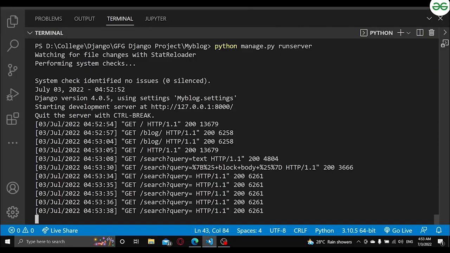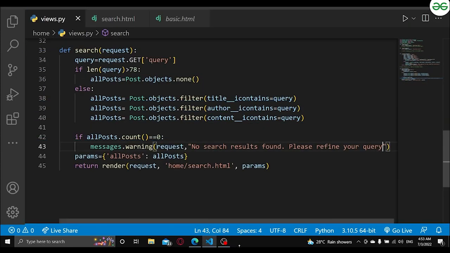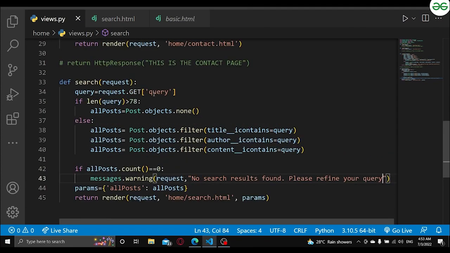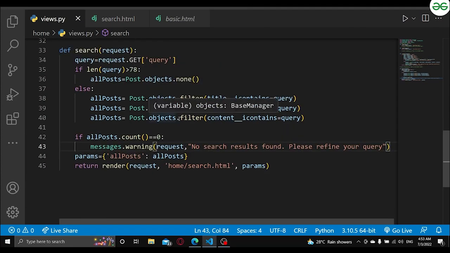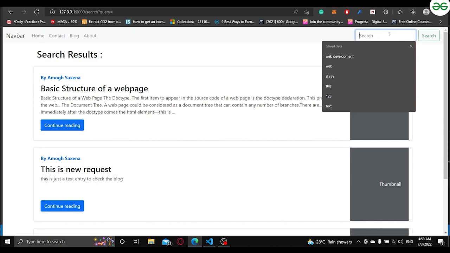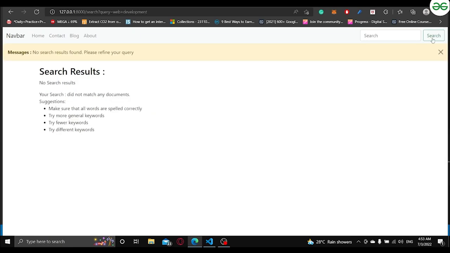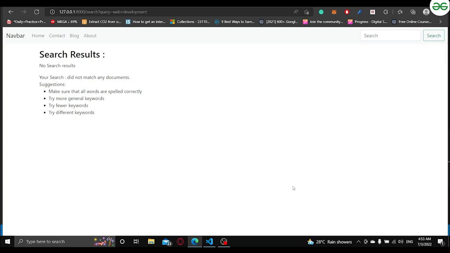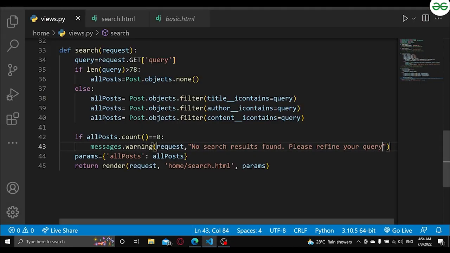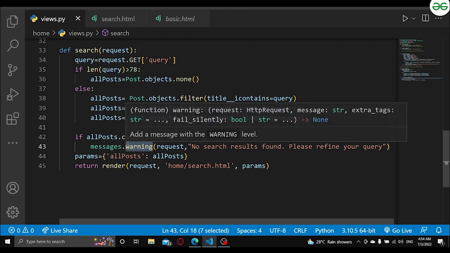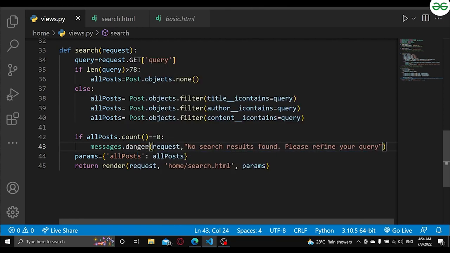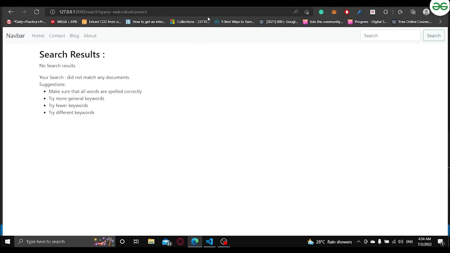Great, right? And because of our code that we have entered here, whenever we search directly, all the things will be visible. Like, see, now when I entered web development, it is saying message: no search result found, please define a query. And we can change that as well. If I wanted, I can change it to red, like danger I can put. And if I search it again,